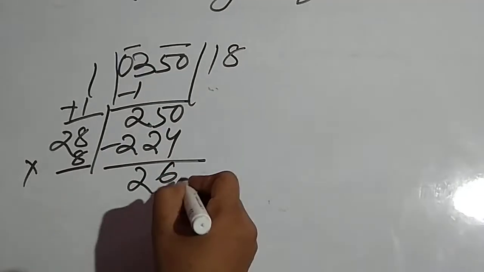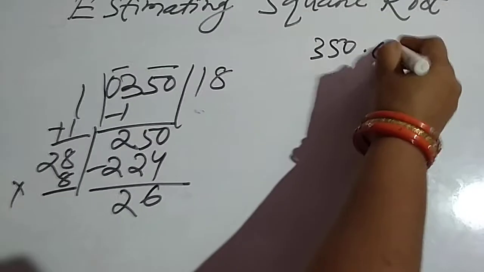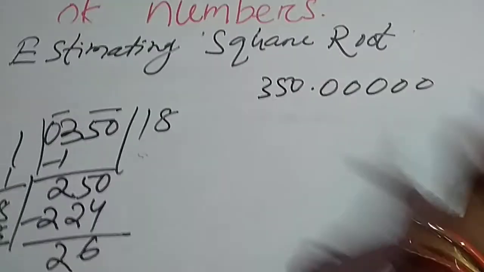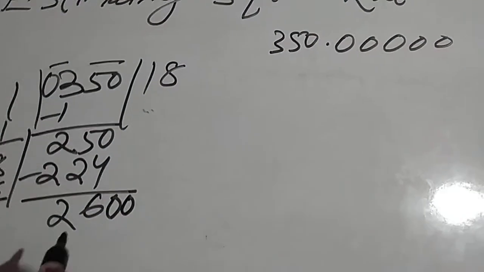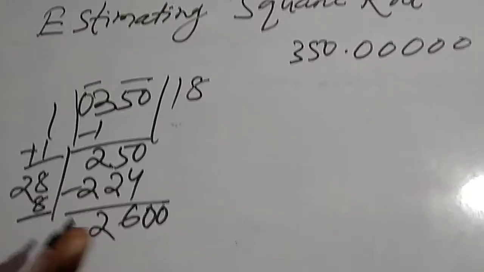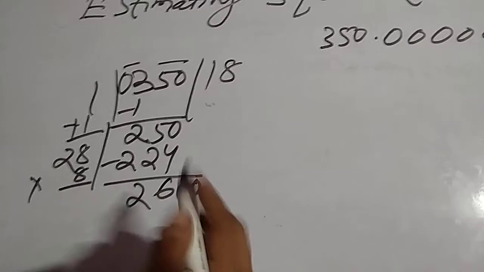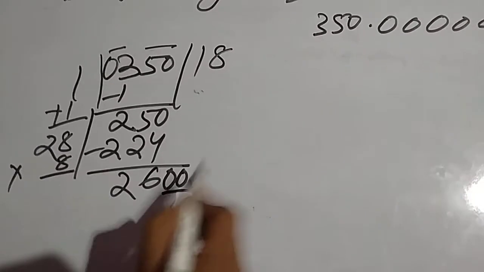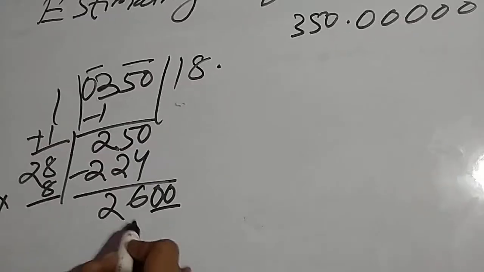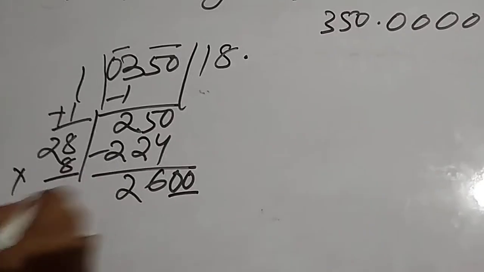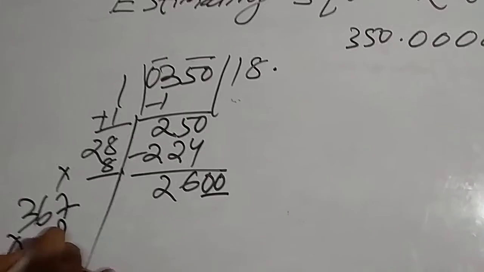So again now we put the 350. After decimal we can put many zeros, that is valueless. So that's why we take double zero, not one 0. In the division case, after decimal we first put 0, then we put the decimal, but in square root we put 2 zeros. Okay. So then we put the decimal. So 2600. Then we put 18, 36, then 7. We put 7.